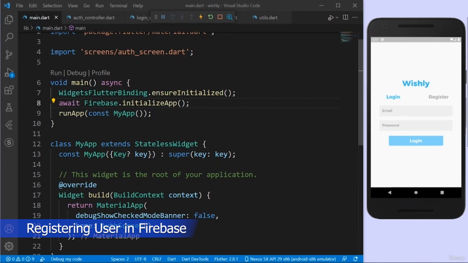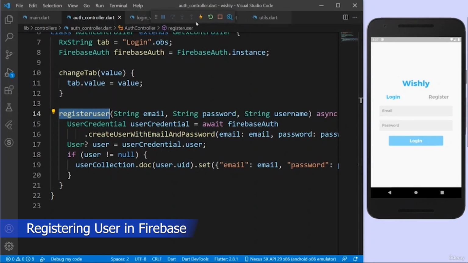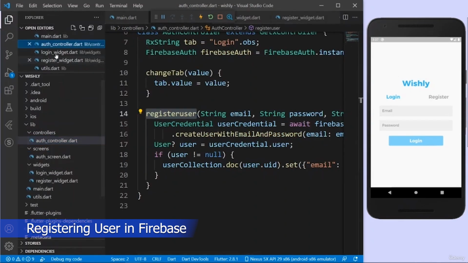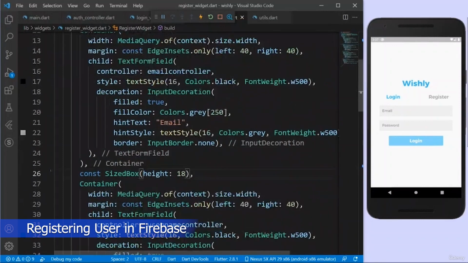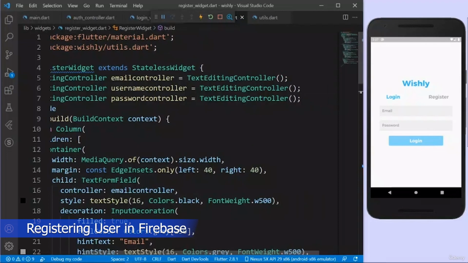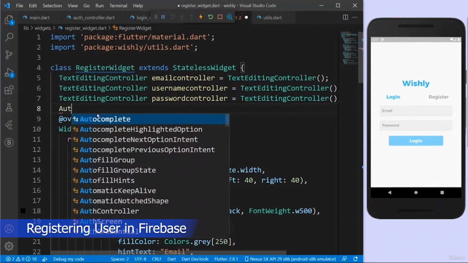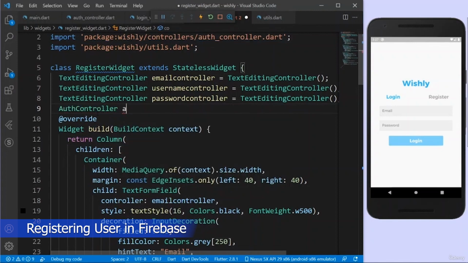Now I can just use the register user function. So let's go to the register widget, and we have to have access to this controller, right? I already injected the state in my auth screen, that's why I don't want to inject it twice. We get some memory leaks. Of course, why do we want to inject it again when we already injected it, right? So we just have to find the controller. To find the controller, that's also pretty easy. We have to just write get, so the auth controller, let's get the auth controller variable. Auth controller is Get,